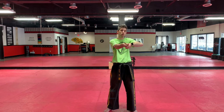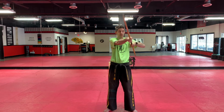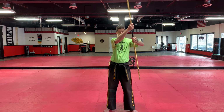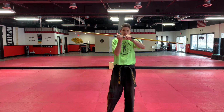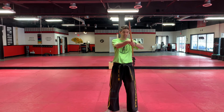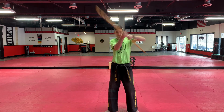So now we have our 4 strikes. Up, down, right, left. Up, down, right, left. And gradually, you're going to start to speed this up and get up to speed. Now, when we do speed moves, our hands are actually going to come a little bit closer together, but I'm not touching them. I'm not bringing them right next to each other like I'm holding a baseball bat. I'm just sliding them in slightly so that I can generate a little bit more speed on that technique. And eventually what you're going to end up getting up to is...